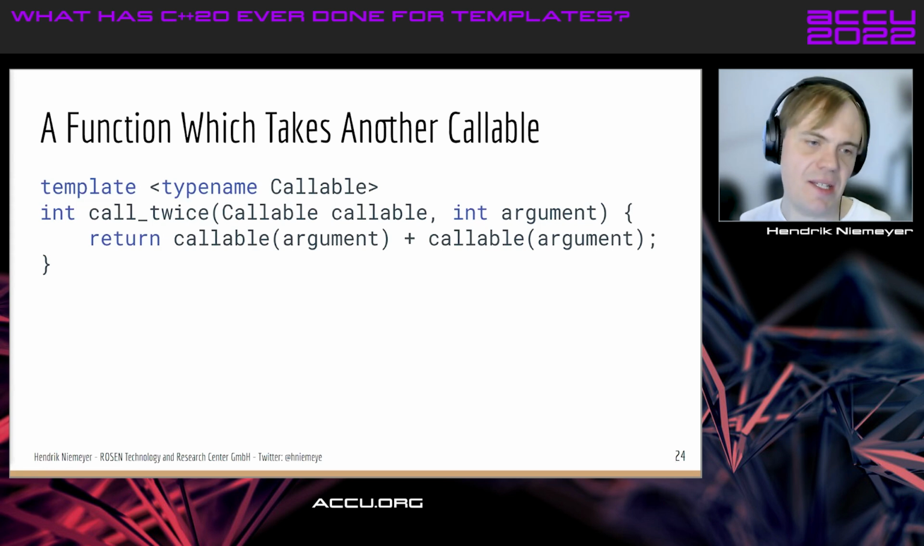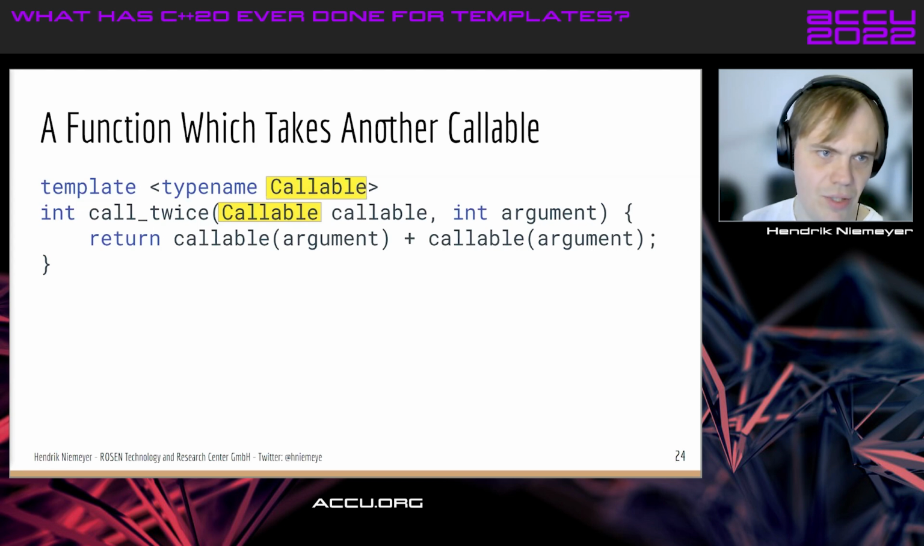So next is an example where I think concepts can be helpful in the real world. I call this example a function which takes another callable. Here we have a call twice function, and it takes a callable via a template parameter. This is usually the way we pass on callables to functions in C++. We also give the call twice function an int as an argument and then just return the sum